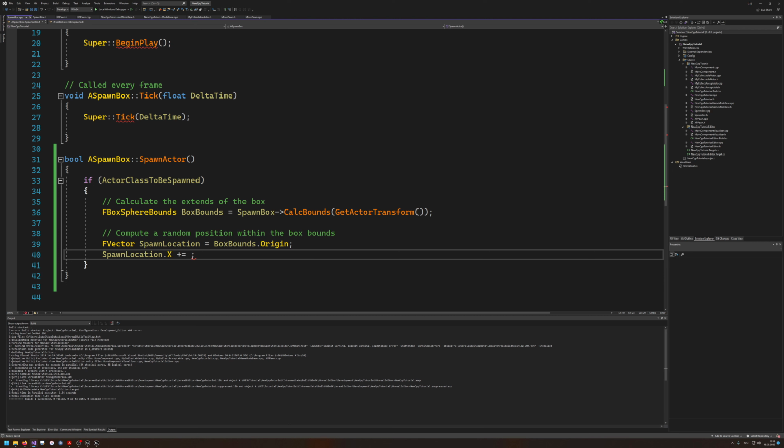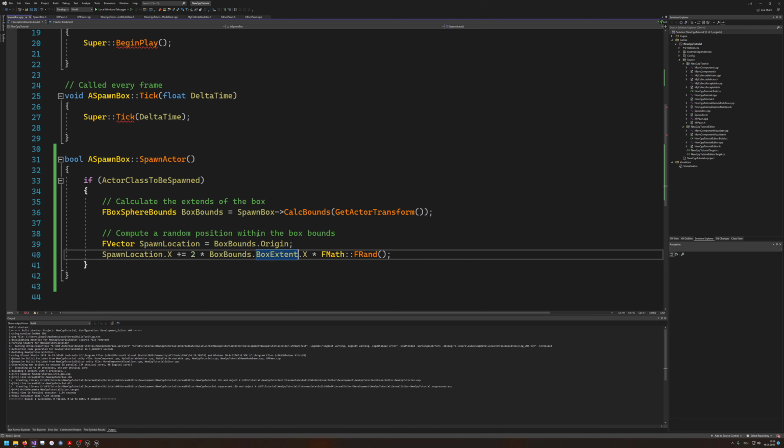So we want to offset x, y and z, and we can offset them very easily by taking the box extents, which are basically the size of the box, and we could add the x1, and we are at the end of the box here. Since this shall be random, we of course need to multiply this with a random, so an FMath::FRand to get a random float between 0 and 1, and now we would get a random position within this box. But the issue that we have is that box extents are actually going in positive and negative directions. So actually we need to get a random value of 2 box extents,